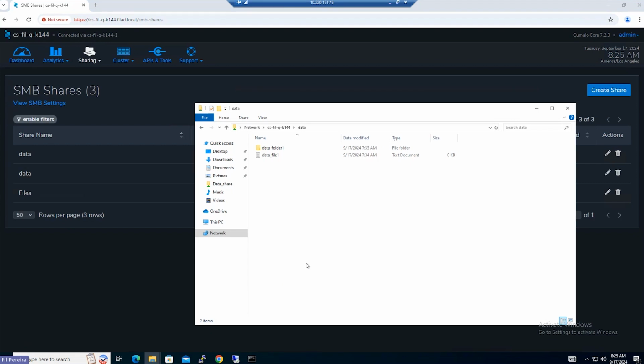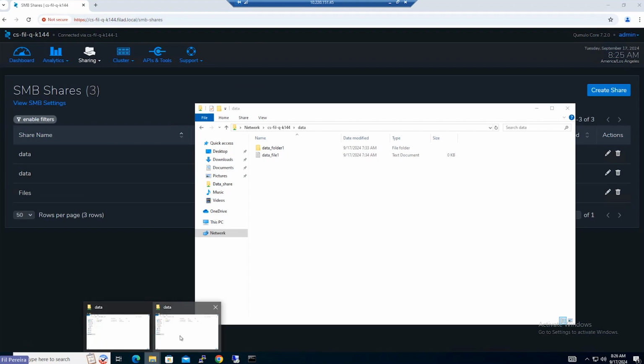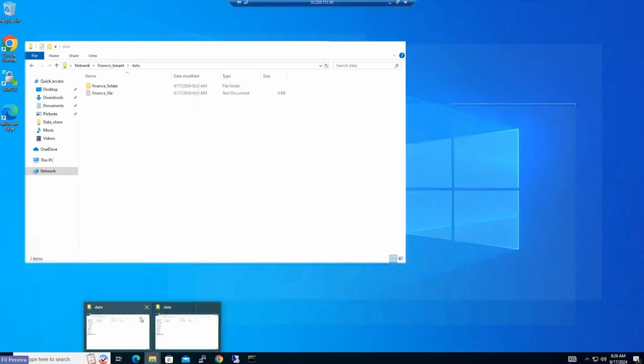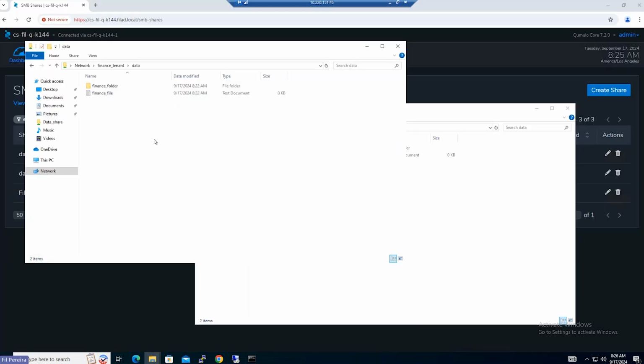So if I'm on my normal client and I refresh, I'm still here. If I head over to my finance tenant, I haven't refreshed yet, and before I was looking at my finance folder, but if I refresh,